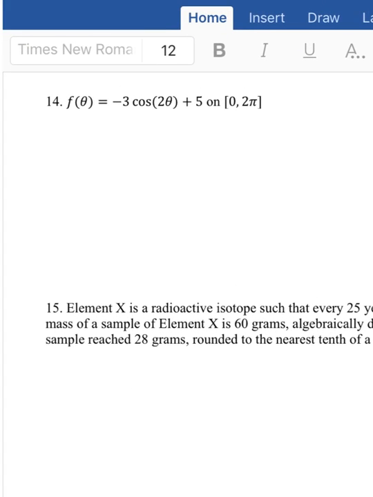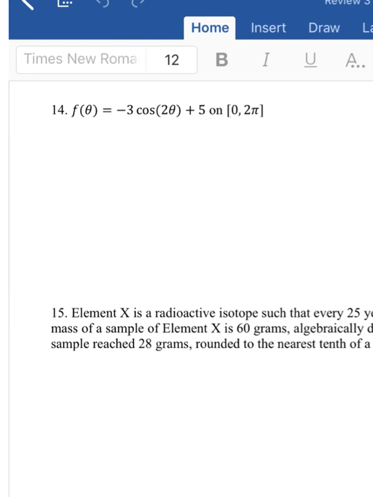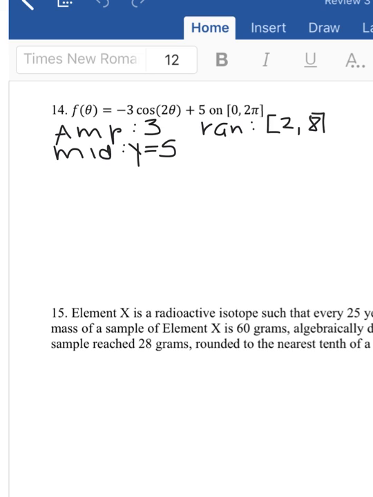Number 14, same deal. Our amplitude is 3. Our midline is y equals 5. The range: you're going from 5, down 3 to 2, and up 3 to 8. And then the period is 2 pi over 2, the b value, which is just pi. So this function,